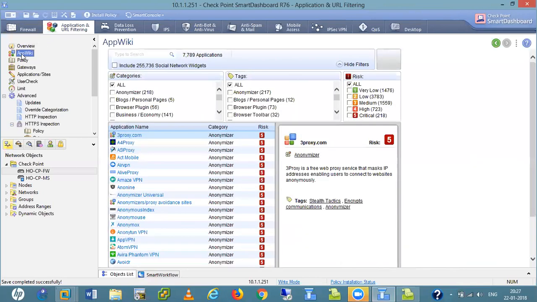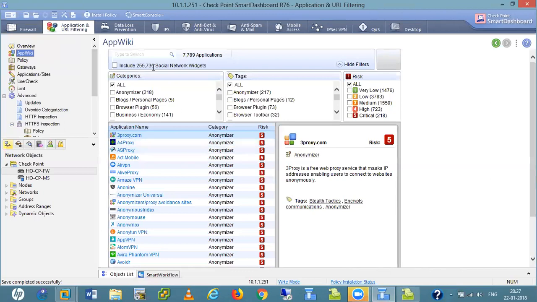Now this is the App Wiki. Like in Palo Alto we have something like PanDB, and they have WildFire, and Applipedia is also there in Palo Alto. In Checkpoint they have the App Wiki. What is the App Wiki?